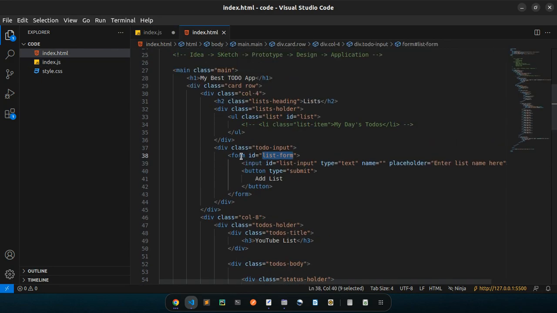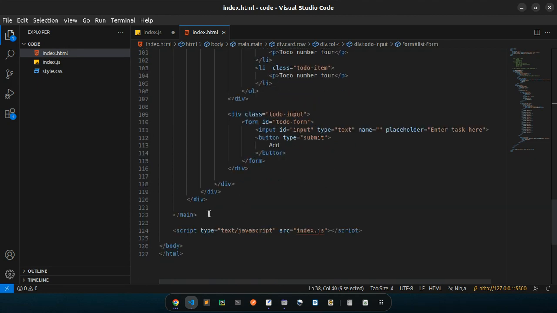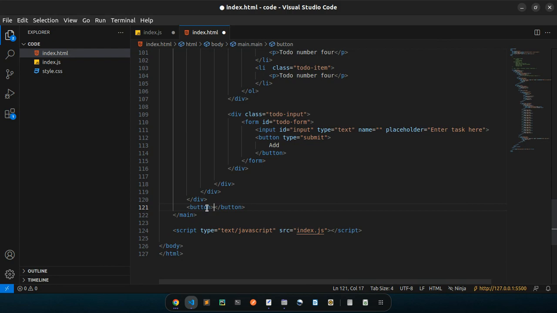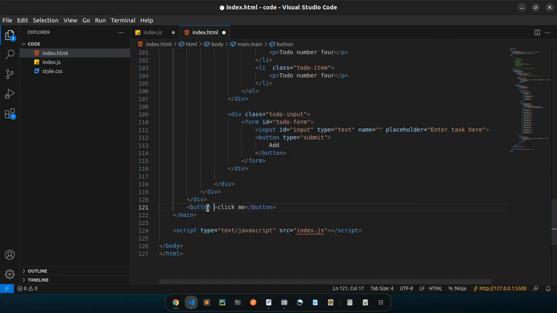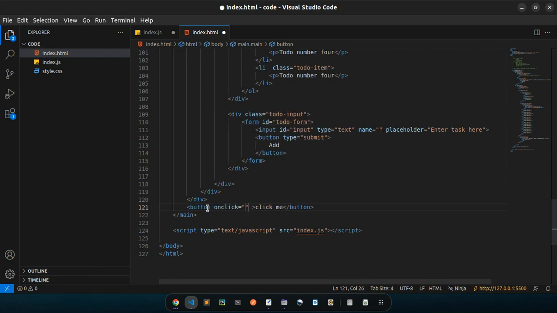So what we all know up to now is a button. So I could say here, I have a button, click me. Sindio, I believe you did this. So in this button, we could say onclick,